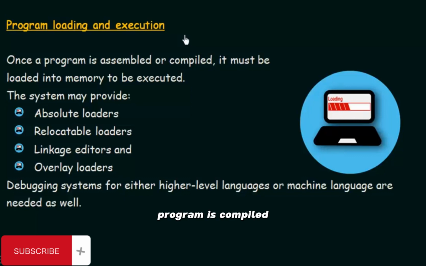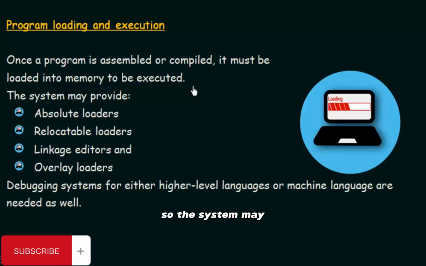Now after your program is compiled, it has to be loaded and executed. In order to do that, there are some system programs that help you do that. Those are the system programs under this category of program loading and execution. It says once a program is assembled or compiled, it must be loaded into memory and executed. So once your compilation and assembly is complete, you need to load that program to memory so that it can